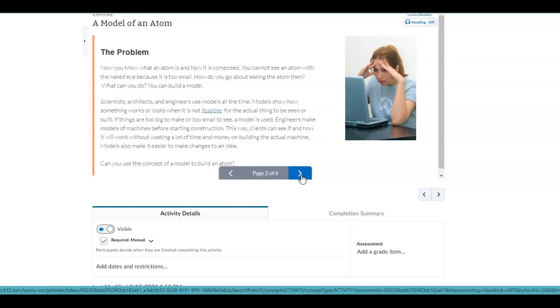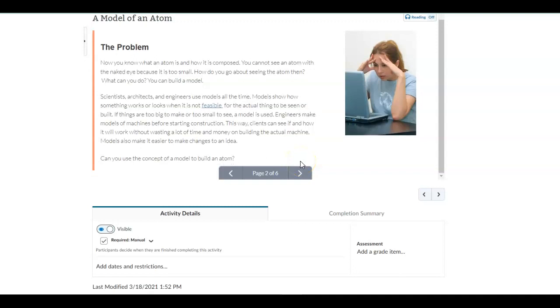Engineers make models of machines before starting construction. This way, clients can see if and how it'll work without wasting a lot of time and money on building the actual machine. Models also make it easier to make changes to an idea. So can you use the concept of a model to build an atom? So if you remember, why are scientific models important? They listed a couple of things here. They help you to see things that might be too big to make or too small to see. And they also allow you to edit or make changes to the work before you have the final